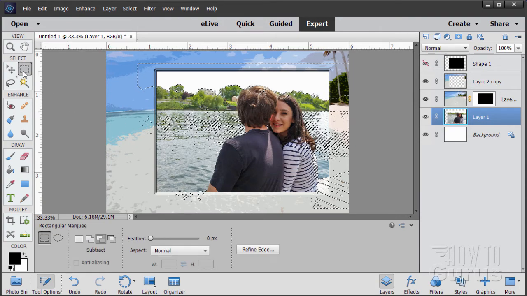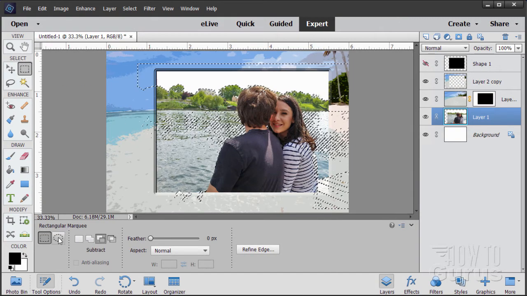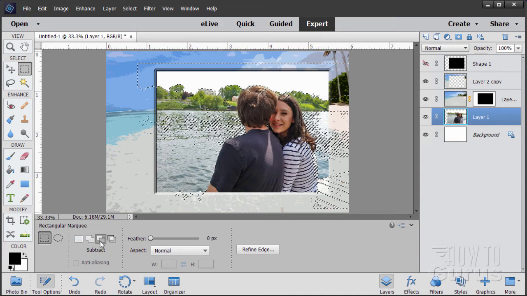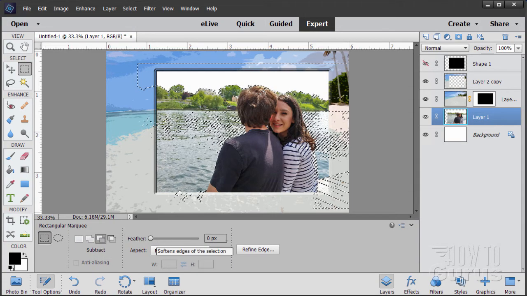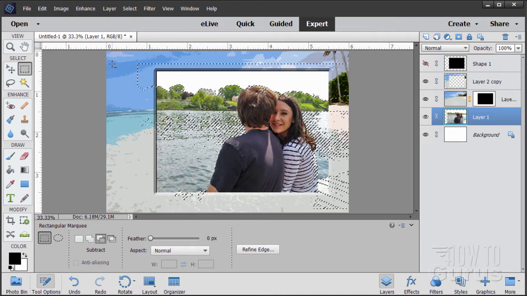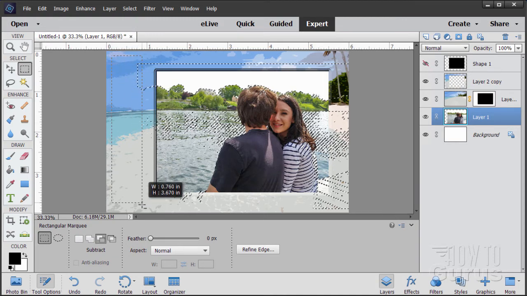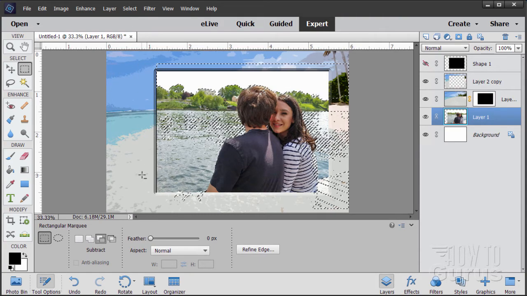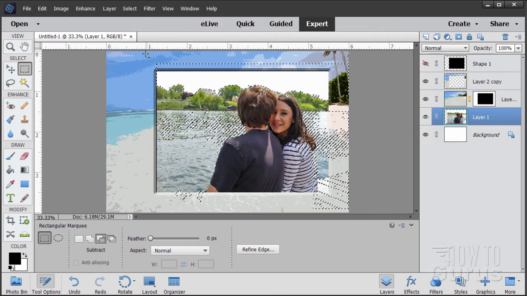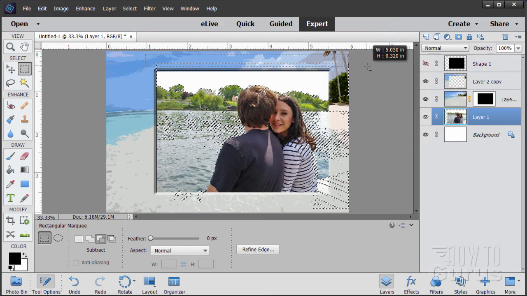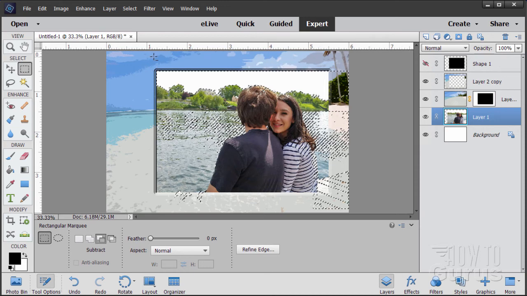I'll grab the rectangular tool up here, marquee tool, and make sure that subtract is selected. I have feathering set at 0 right now. And I'll just drag a rectangular marquee down here like that and go to the left hand side of the picture and cut off that part of that selection. Let's do the same thing at the top. Drag a rectangular marquee like this, bring it down just onto the edge of that bevel,